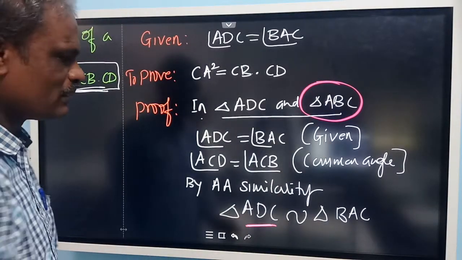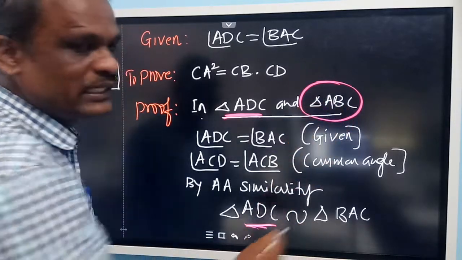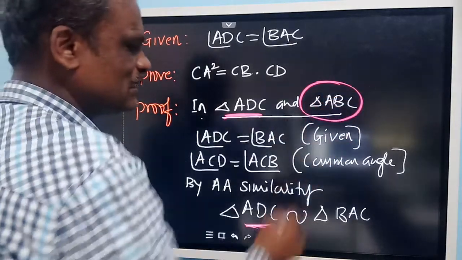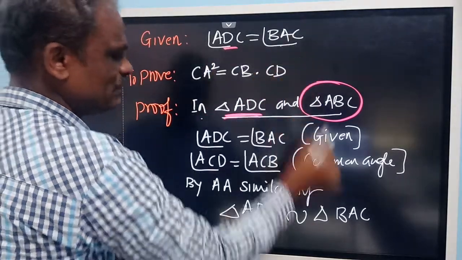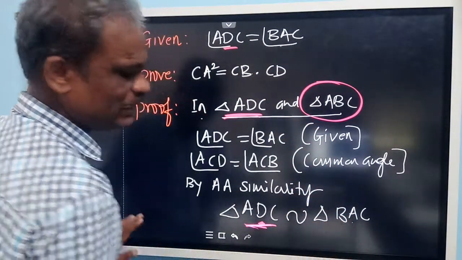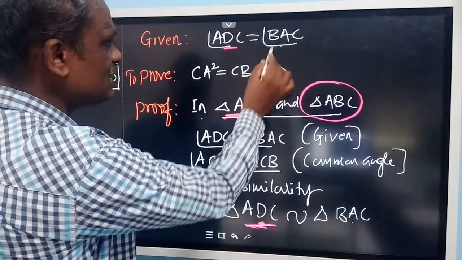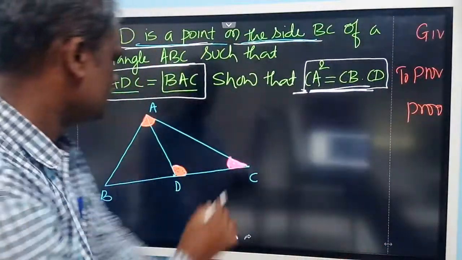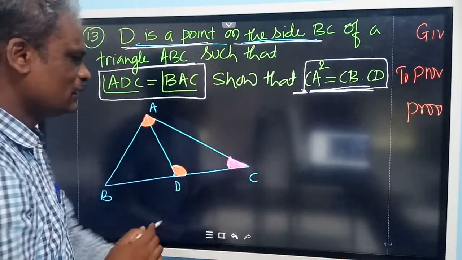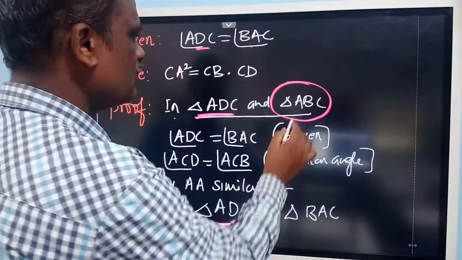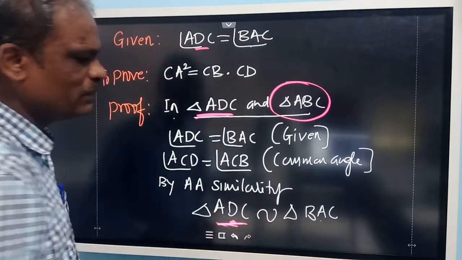That you write first. See this ADC we have written here. Then this one you have to write in order. You cannot write it as ABC itself. For D you know it is C because it is given. For D angle it is A. So in place of D you can write A. Third vertex C and C are same. You can see the diagram. C is common. So what is left out in ABC? Only the vertex B. That you write at the first. For A it is B.